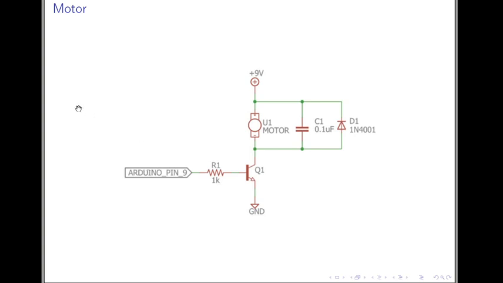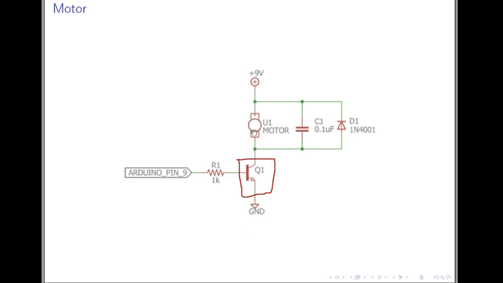In this picture we are seeing how a motor is connected to the pin. A motor is a high power device, while the voltage available on a microcontroller is generally 3.3 to 5 volts. So in order to switch on or drive the motor, we need to amplify the signal on the Arduino pin, and that's why we are connecting this transistor here. This transistor acts as an amplifier of the signal and drives the motor current.